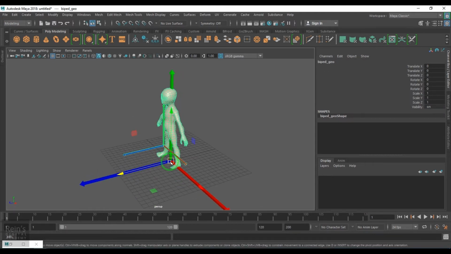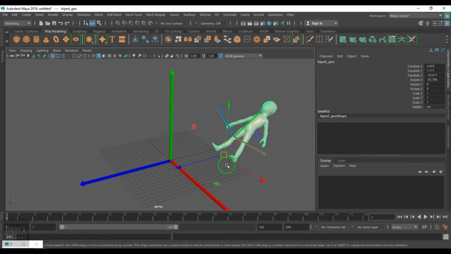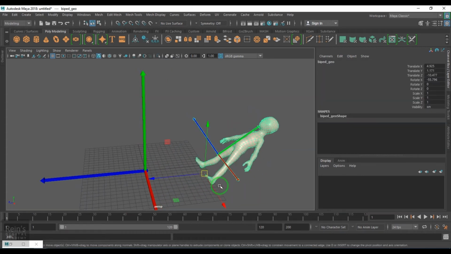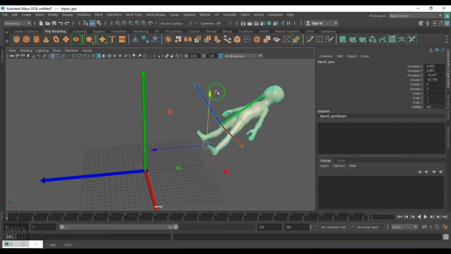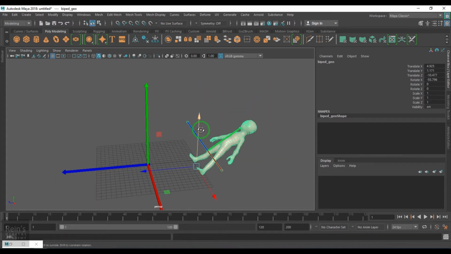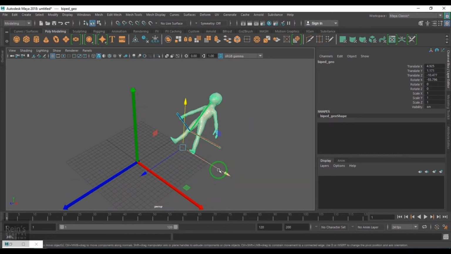So when I move the character somewhere and rotate it, if you see the move tool arrow, I'm moving the object in world space y, world space negative y, world space positive x, world space negative x, world space positive z, world space negative z.